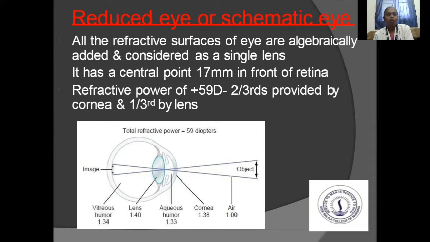That too, 2/3 of this diopter is provided by the cornea and 1/3 by the lens. So basically, we call the refractive power a term of diopter. The minimum will be plus 58, so for a normal eye it is at least 58 to 59 diopter. This is the normal thing. If anything goes wrong in this, the patient is not going to have a normal refraction. So 2/3 will be provided by the cornea and 1/3 by the lens.